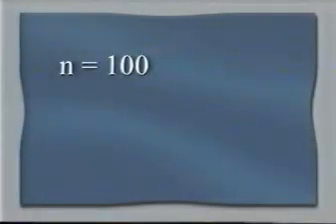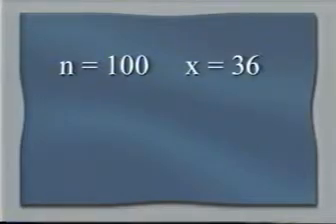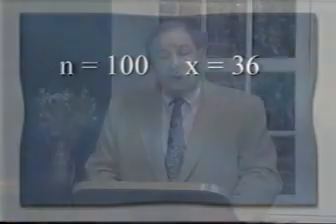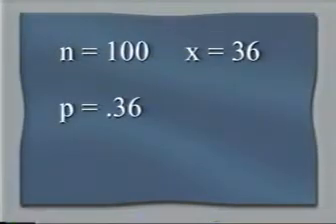So let's take an example and look at a situation where someone will be interested in knowing a valid estimate for the true percentage of a population. Perhaps we go out and sample 100 randomly selected people, and we found that 36 of them use public transportation to get to work. We could compute a 95% confidence interval to estimate the true percentage of the population who utilize public transportation to get to work. The sample proportion, p hat, is 0.36 because we have 36 out of 100.